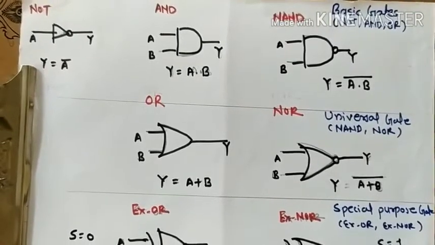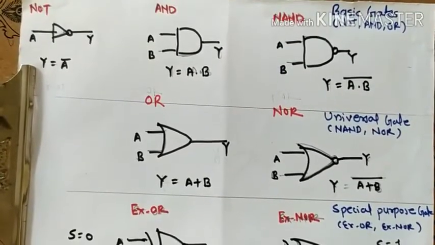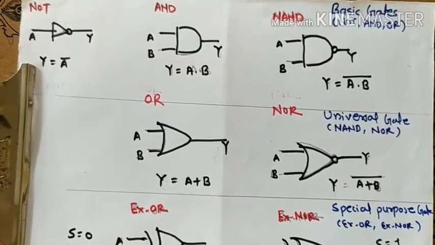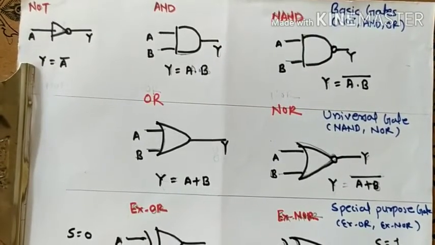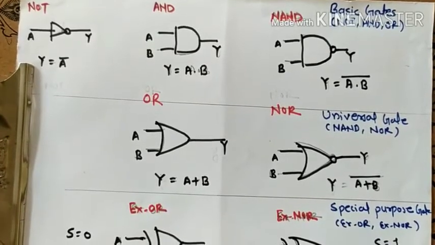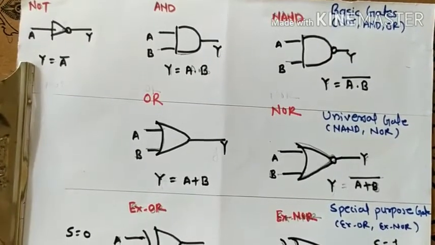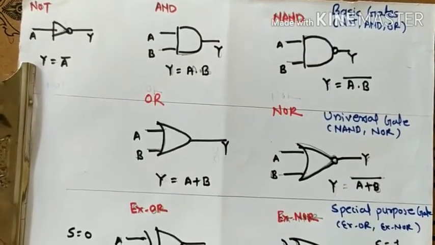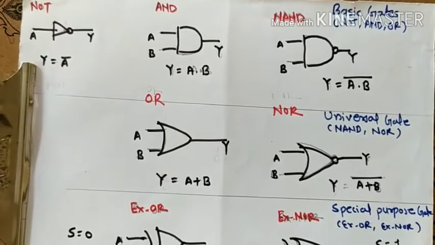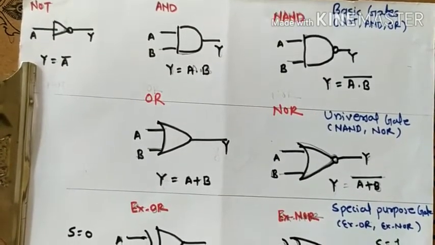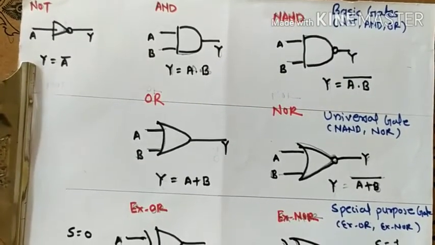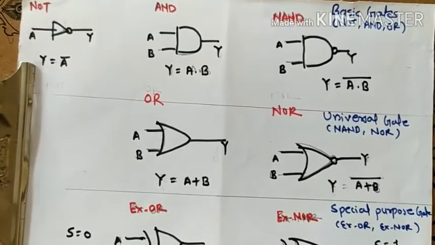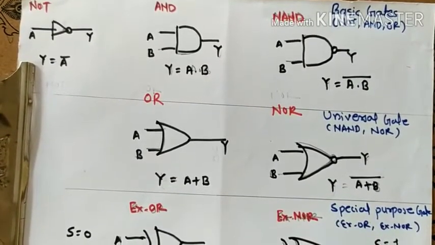Hello friends, in this lecture we will understand what is meant by a gate and the different types of gates which we use in electronics or digital electronics. Basically, a gate is a device which provides authentication to latch the signal to different channels. For example, if there are n number of signals and n number of channels, a particular signal is driven to a particular channel with the help of gates.